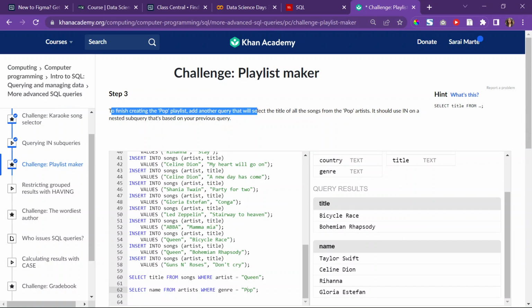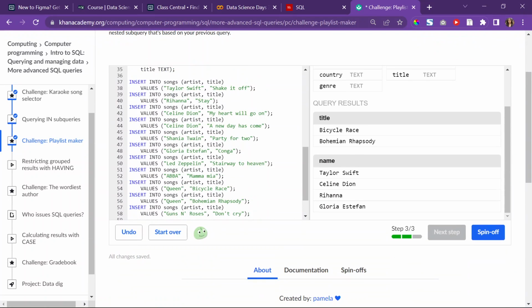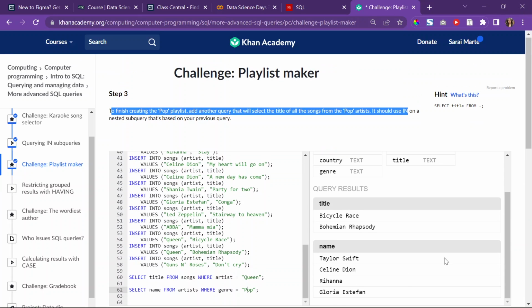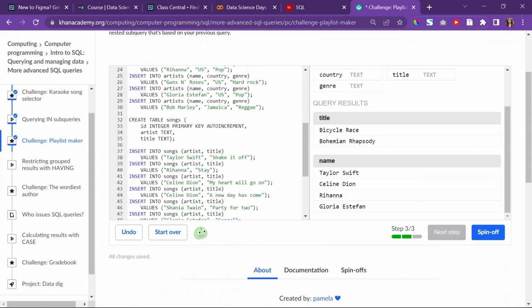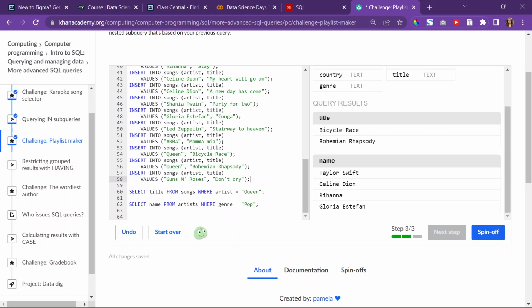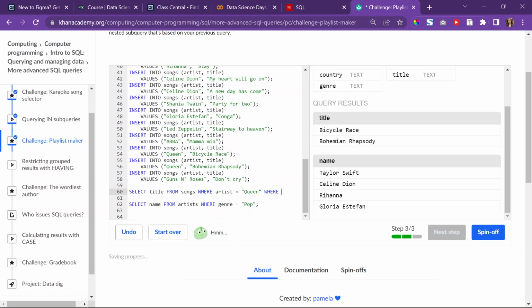Okay. So select title, pop artist. Can I use two words? Where type